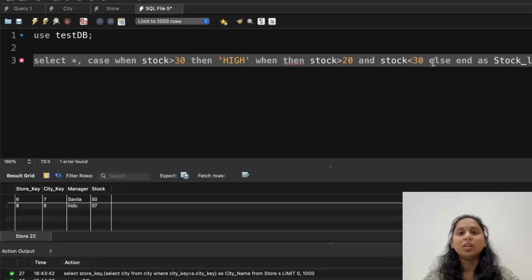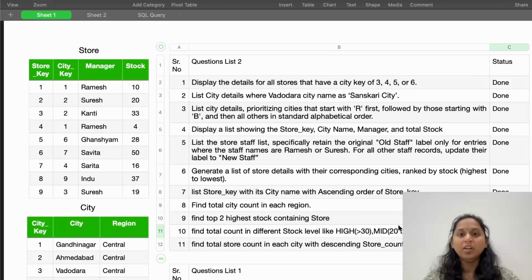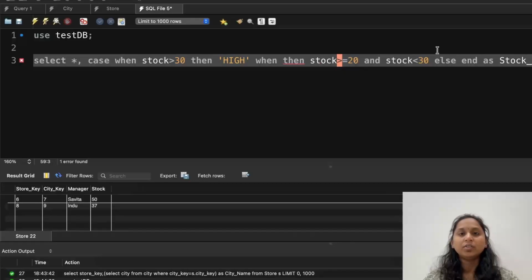So in less than 30 they look for 29 to 20. Okay, now they are expecting 20, so I need an equal to sign with this. And what can I do now? This is a condition, so we cannot do it here. We want this to be in a when. What can you do here? Here you want a label. Which label do you want to set for this? Medium. Okay, and for the rest of all we require the label low.